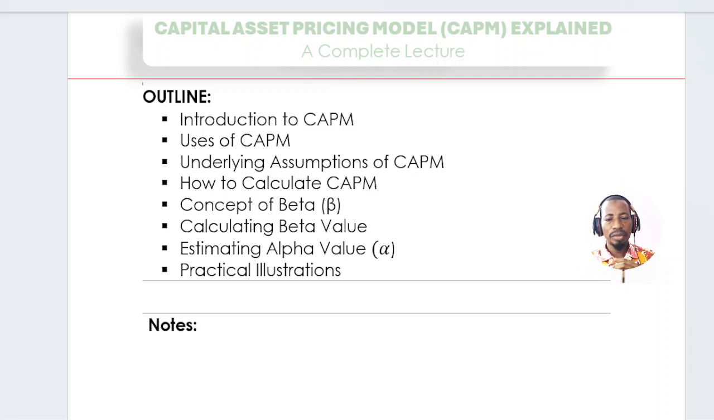So the focus of CAPM is on the expected return and also on the systematic risk, because it's not talking about total risk, but basically on the systematic risk, because the unsystematic risk can be avoided, can be eliminated through diversification. All right. Not only that, the general idea behind the capital asset pricing model is that